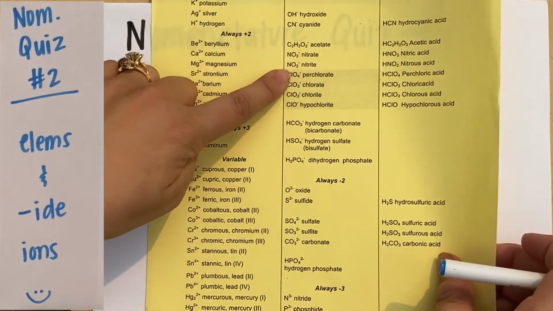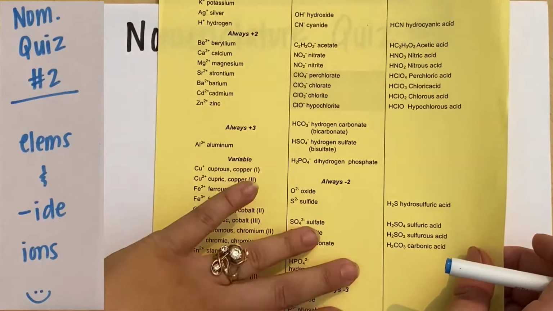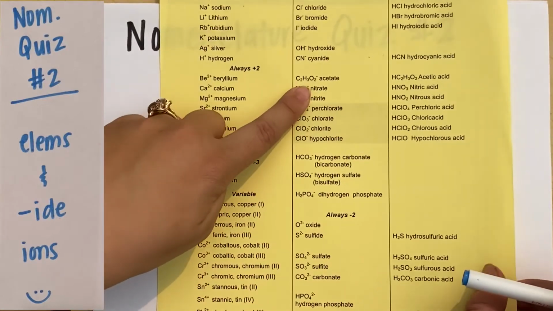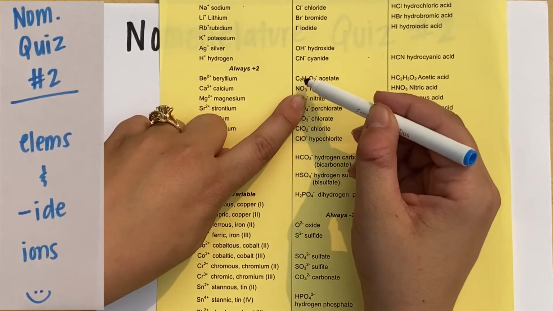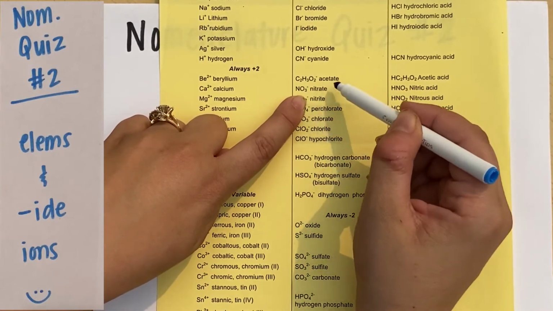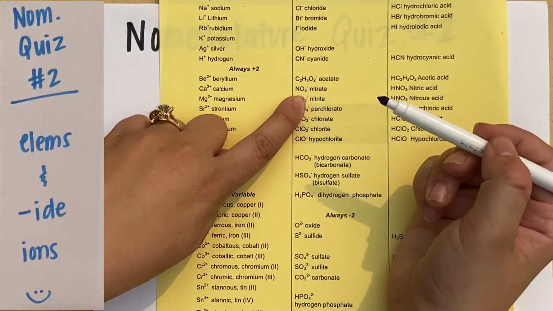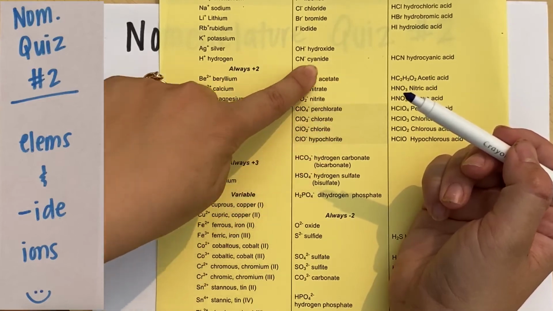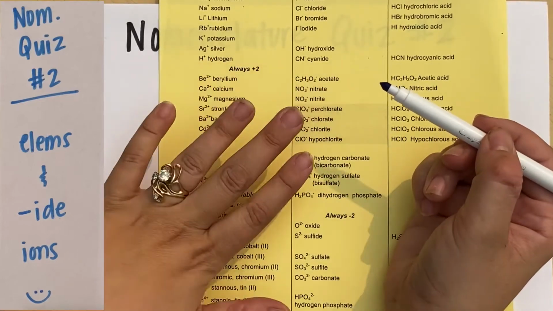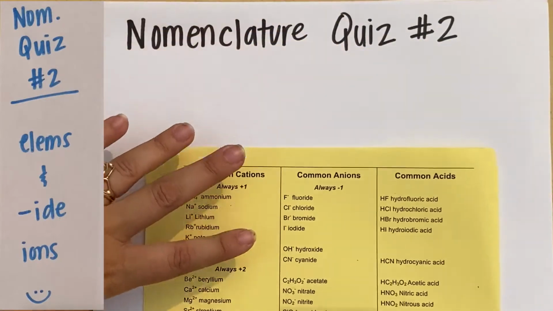Most of these, like your ates and ites and all these ones that are in this column 2, most of them are called polyatomic ions, meaning they have multiple elements in them, right? C2H3O2, so like acetate here has carbons, hydrogens, and oxygens. For almost all, and we don't need to memorize that yet, okay? That's in 2 weeks that you'll need to memorize your ites and ates. All right, but for your nomenclature quiz number 2, you just need to memorize your ides,